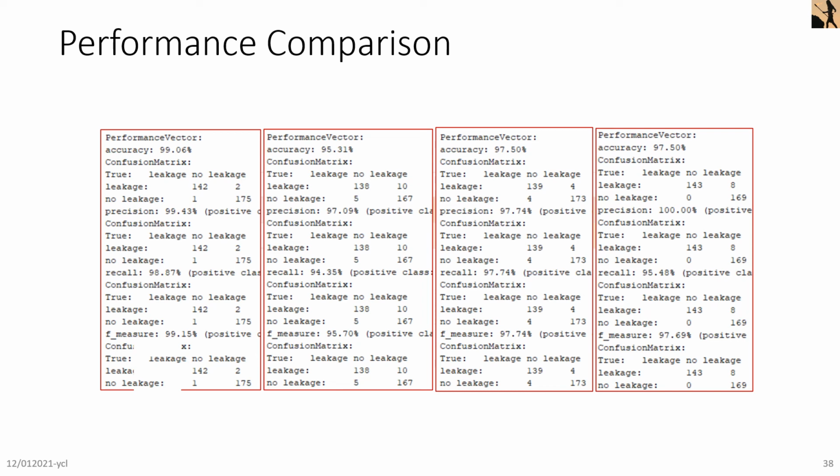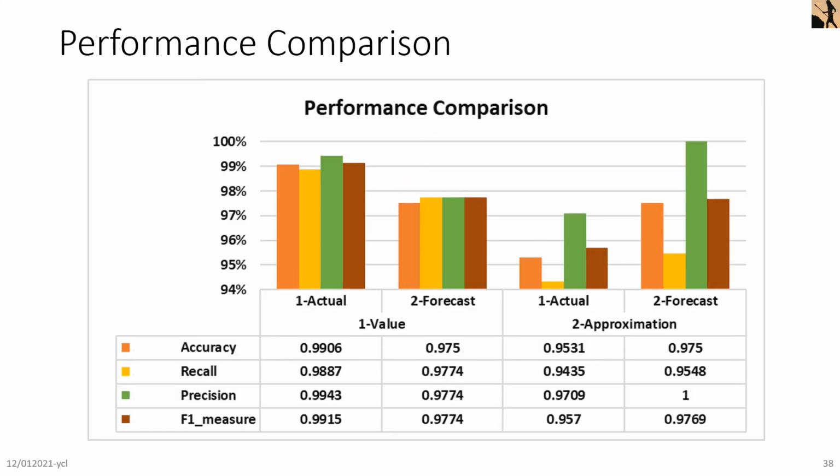We come with a number like that, but this, of course, can be said better by a chart here. So as you can see here, these are 4 different kinds of configurations, right? We use the values themselves, whether it is the actual FS1 value or the forecast FS1 value, or we use the approximation to approximate the actual FS1 value, or to approximate the actual